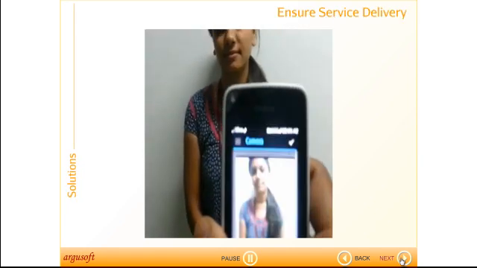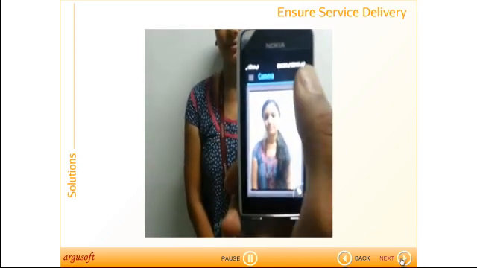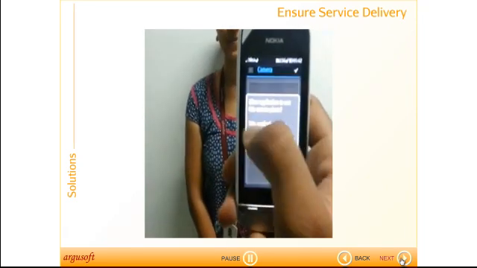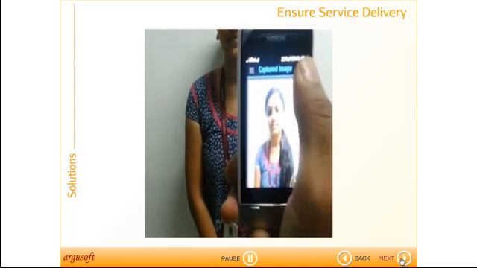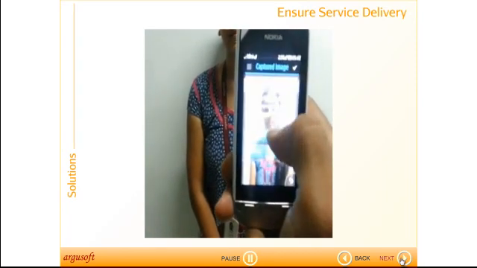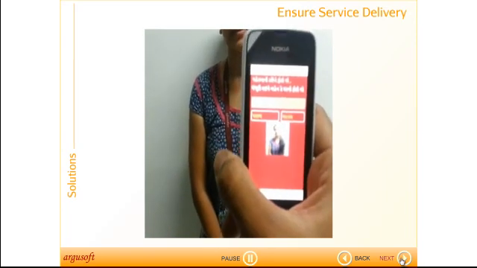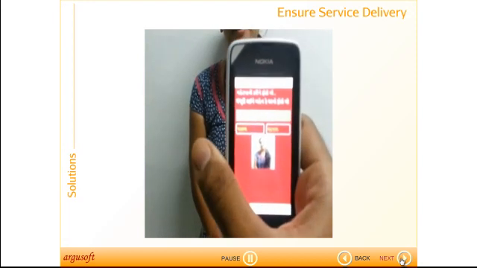The application has the ability to capture the photo of a beneficiary and securely transmit it to the server. Upon capture, this photo is automatically embedded in the form. There is no scope of attaching some picture. This photo is compared with the photo on record and hence ensures that the service was actually provided. The photo is removed from the phone automatically after the data is submitted to ensure privacy of the beneficiary.